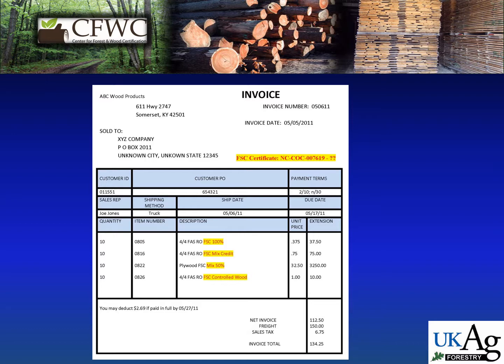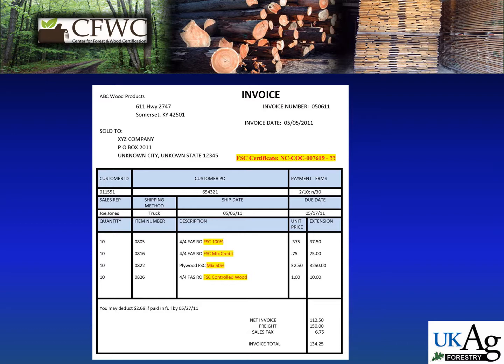So first of all, the first thing you need to do when you get an invoice from a supplier is make sure that their FSC certificate number is on the invoice. Now, it only has to be listed once, and it really can show up just about anywhere on the invoice, but it needs to be on there somewhere. So on this particular invoice, you can see it's highlighted in yellow with red text. We have a number here,